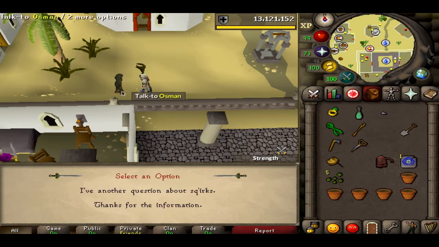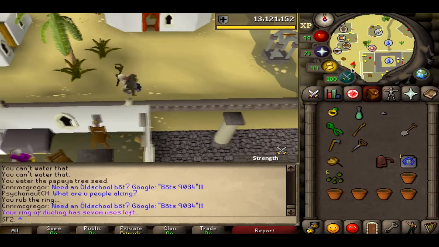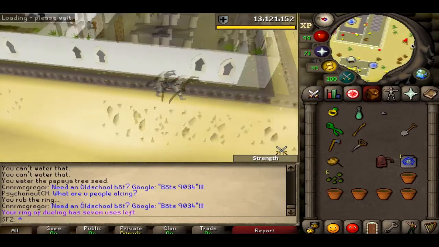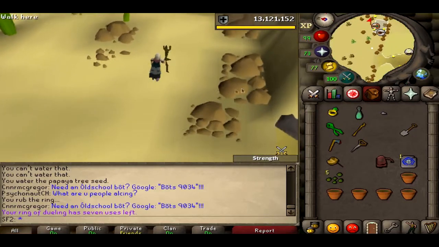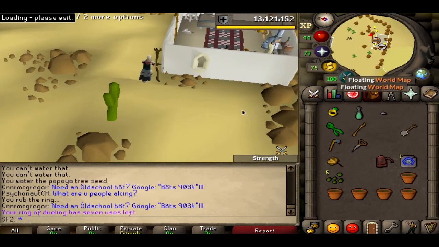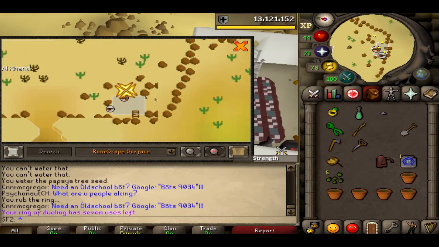Okay, so after you've spoken to him about squirts and all this information, you want to go down south. So you keep on running south. Once you walk down south, you want to go slightly east, so I'll just show you that on the world map very quickly. As you can see, we started over here, we spoke to Osman over here, where you get a mini game sign, we walk south and then slightly east into this building right here, with the